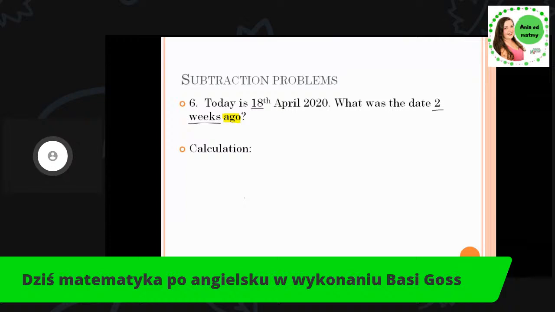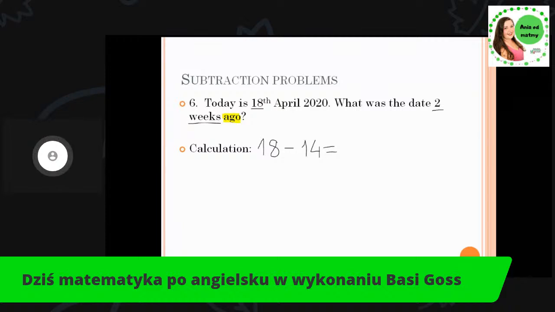So what calculation are we going to use? We're going to use 18 minus, we need to do minus 2 weeks. So we're going to go minus 14 days. And the answer is